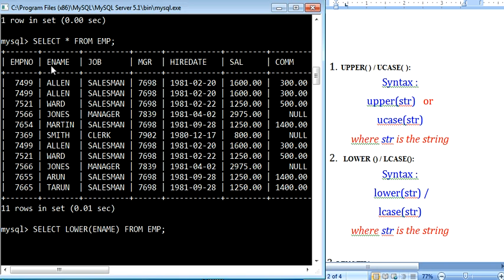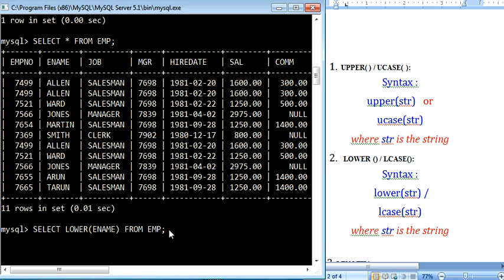So here we want to pass the column itself. So only the column name you need to mention and no inverted commas. Okay, this is how to write the query. Select, followed by the function which you want to apply and then the column on which you want to apply it, and from the table name.